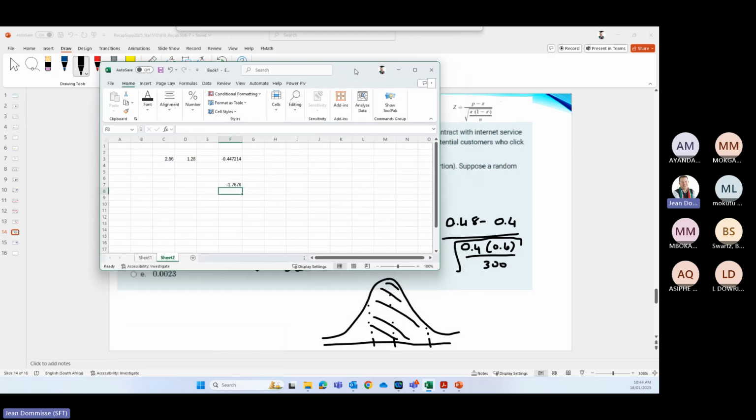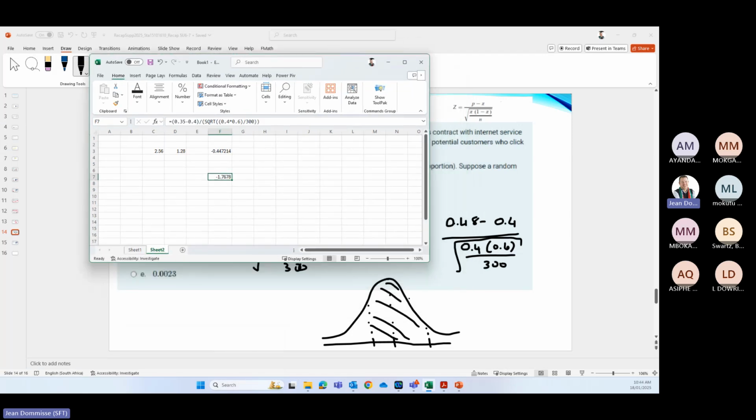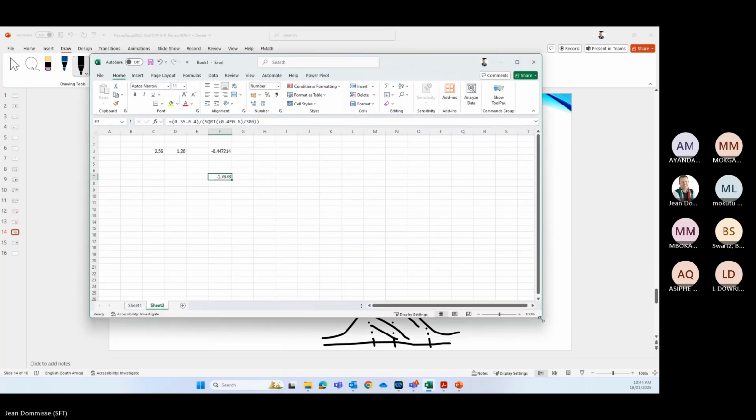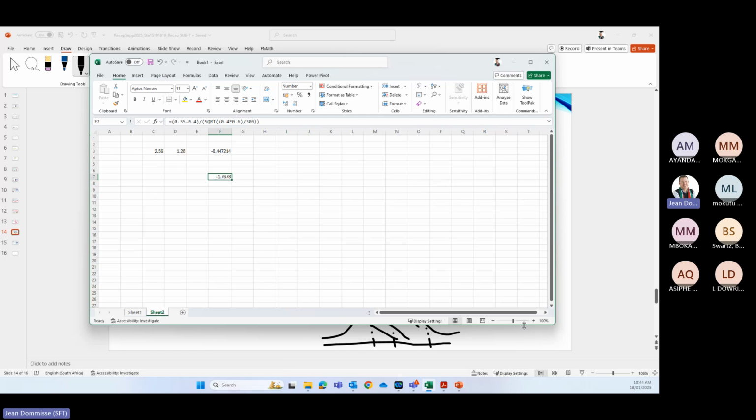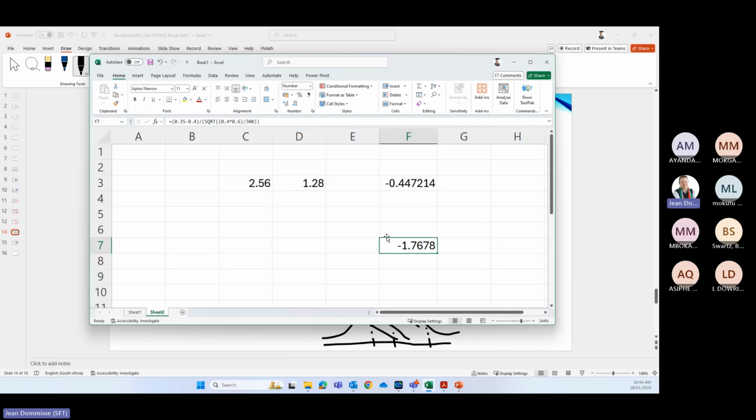Let's make it bigger so that you can see what I did. There's the 0.35 minus the 0.4 on top, divided by the square root of 0.4 times 0.6